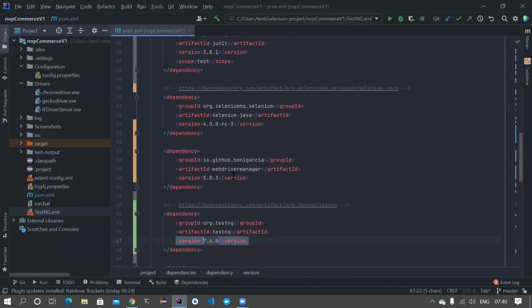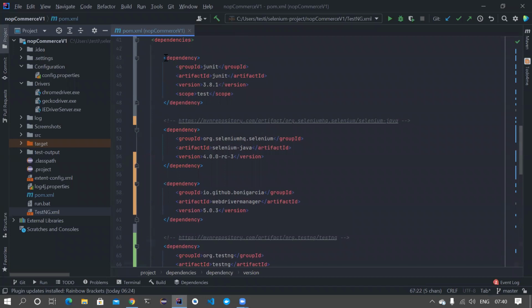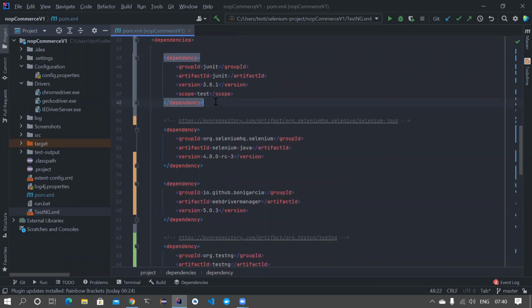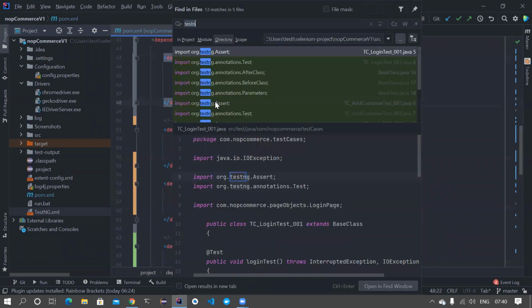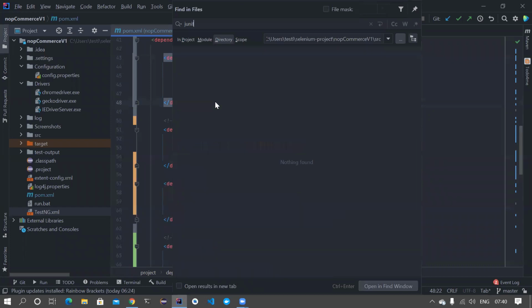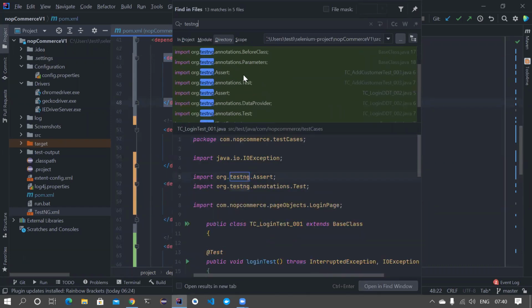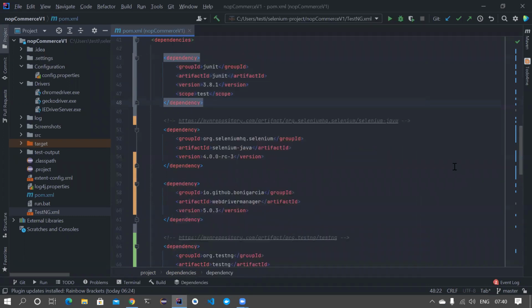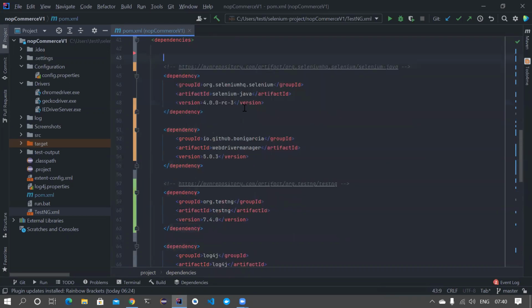If you notice, they are using TestNG only. I don't think they are using JUnit anywhere in their code, but they still have the dependency. Why do you want a dependency? To check whether they are using it in their code, you can press Control and H and search for JUnit. There is nothing found. Let's check whether they are using something from TestNG. Yeah, they are, because these are all the import statements, right? If you're using something from a particular package, you can understand that from the imports as well. You can also see the code where they're using all these things. So you can remove the JUnit dependency. We don't need this. So that's all.